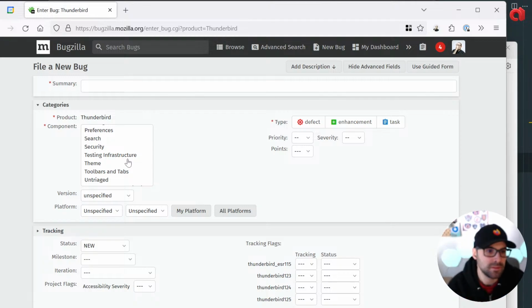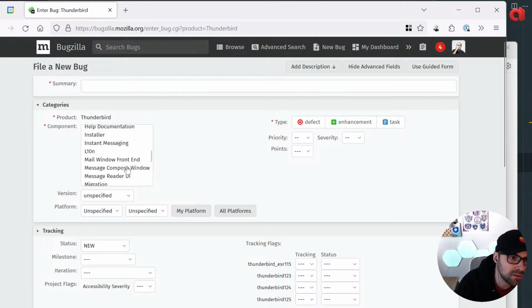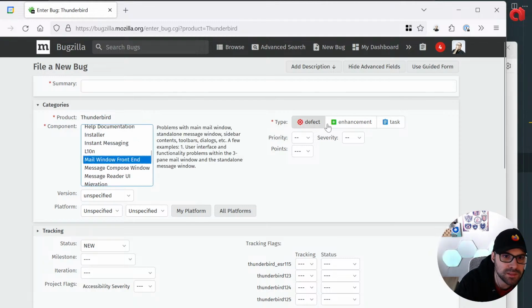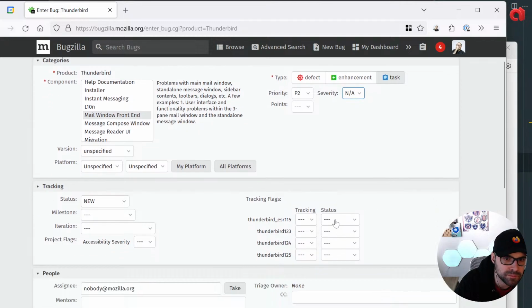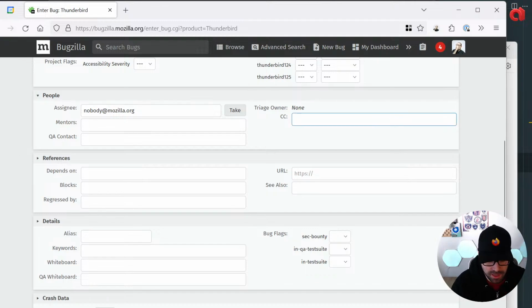So mail window front-end, maybe, yeah. This is a task. Priority is a P2. Let's put in no severe. Won't fix. We're absolutely not gonna uplift this thing. I'm gonna CC Jeff